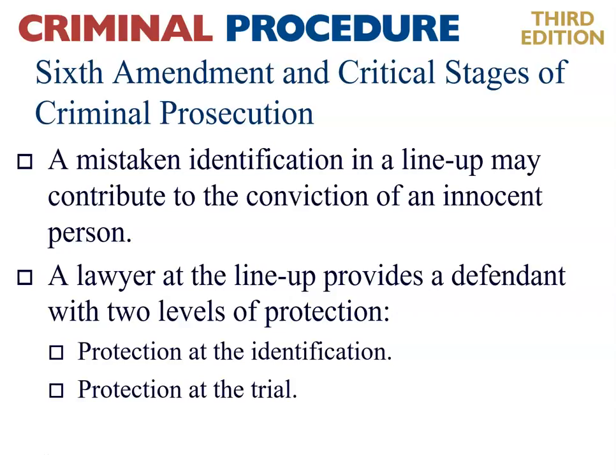And then second would be protection at trial. And the lawyer at a trial is then able to point out to the jury that the lineup may have been or was unfair, and then have the opportunity to argue that the jury should question the accuracy of the identification or the process that the police used, and that makes sense. So that's the critical nature